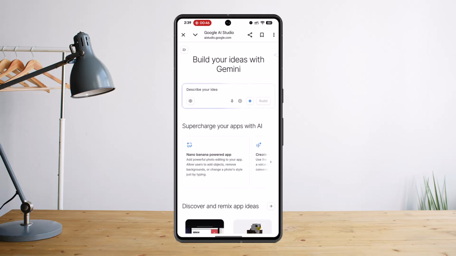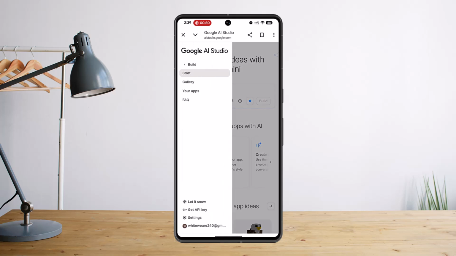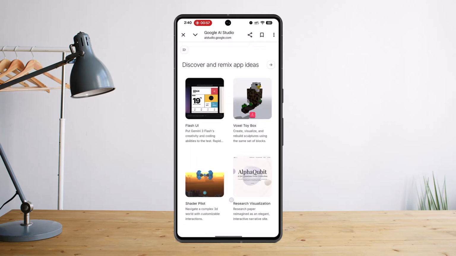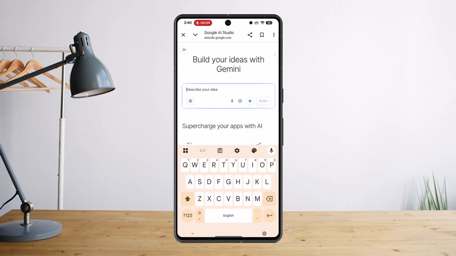So go to the AI Studio, use the build icon, so tap onto the menu bar and go to the build section. When you click onto the build, you then need to go ahead and in the left hand side, you just want to scroll down and there's describe your idea. You just want to go ahead and describe your application in plain English. The AI will generate a complete code base, HTML, CSS and JavaScript, and render a live preview on the right